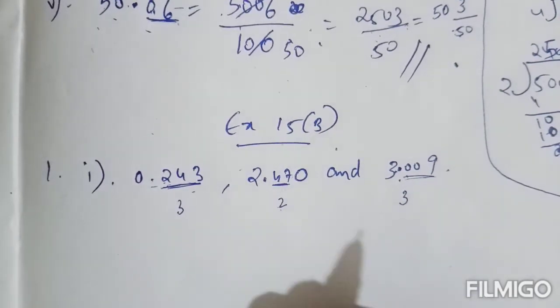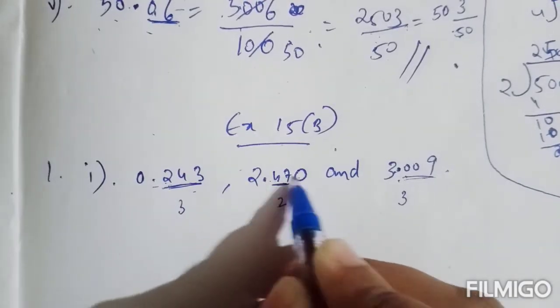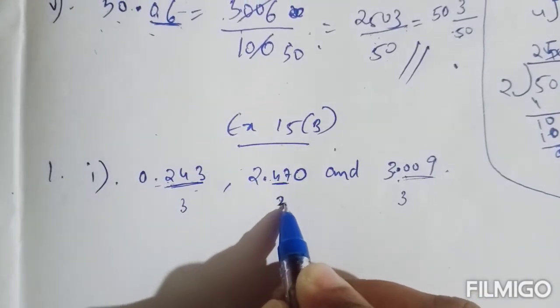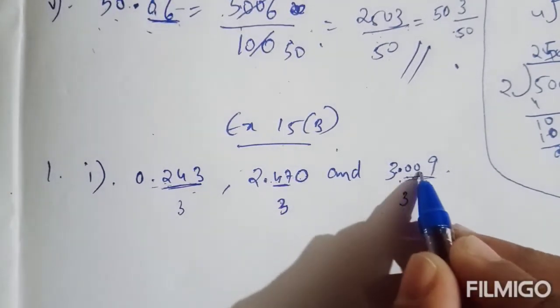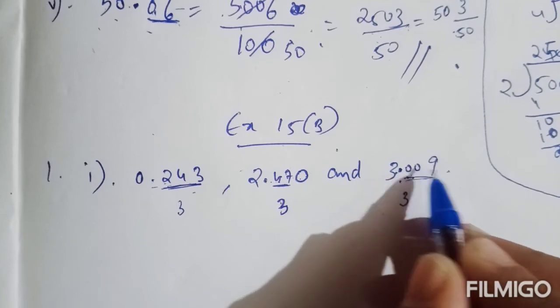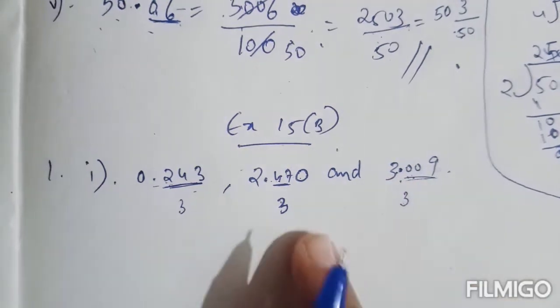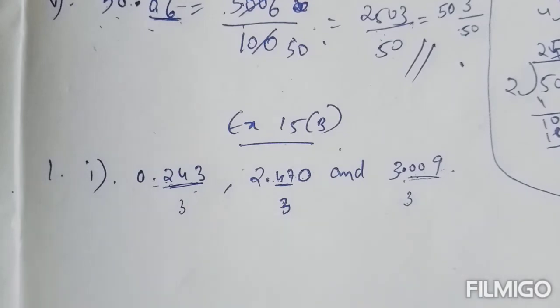Okay, 0 at the right end, we will put 0 here. So now this second decimal number has 3 digits. The third decimal number also has 3 digits. Now they are like decimal numbers. In order to add, the given decimal fractions should be like decimals. If they are unlike, you have to first convert them.